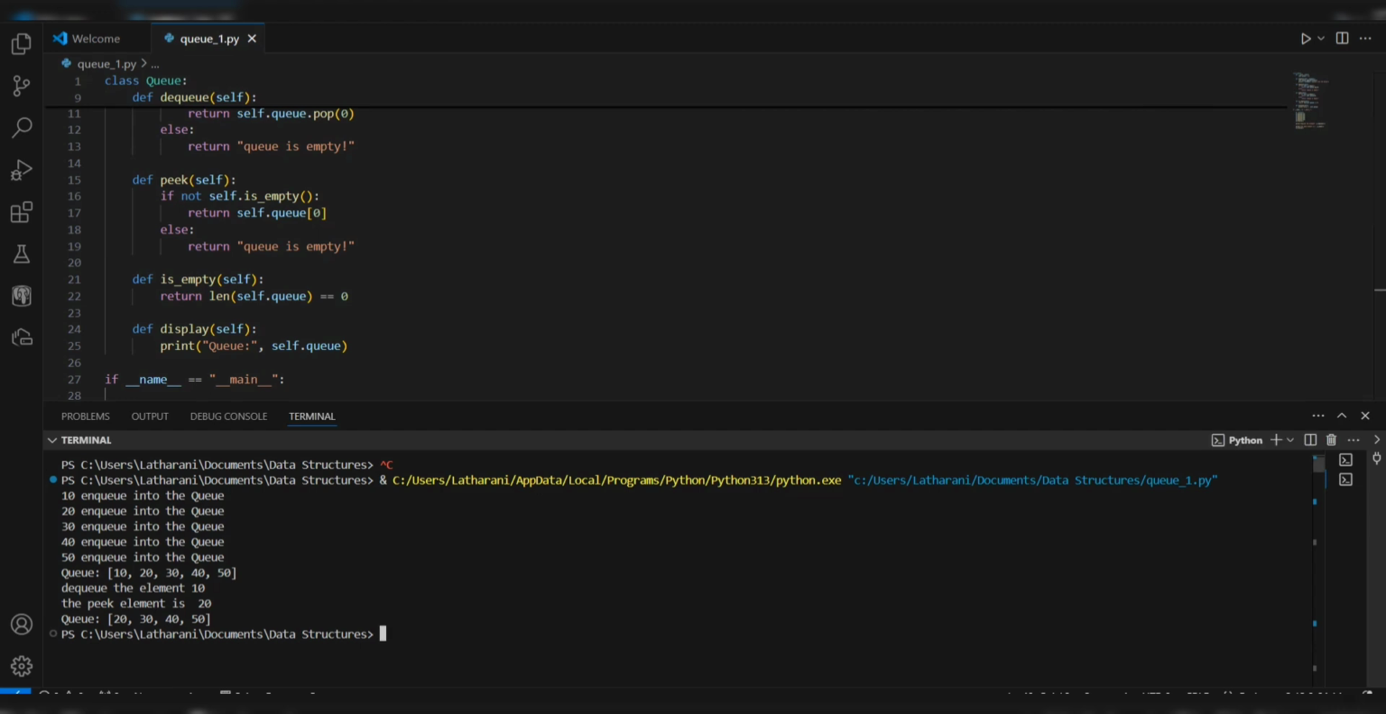Then we need to print the DQ element and also print the peek element in the queue. Then display the elements. The peek element is 20 because we DQ'd the element 10. Then display, it consists of,